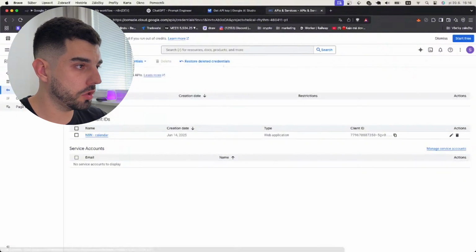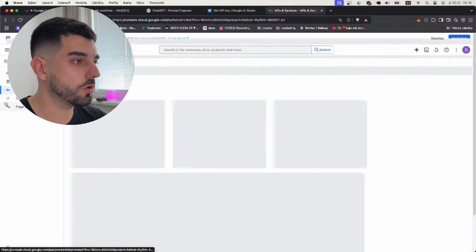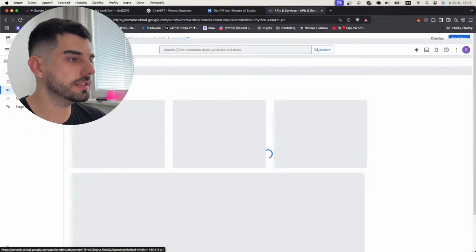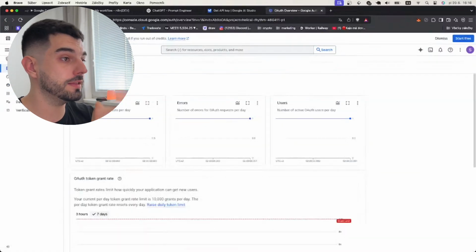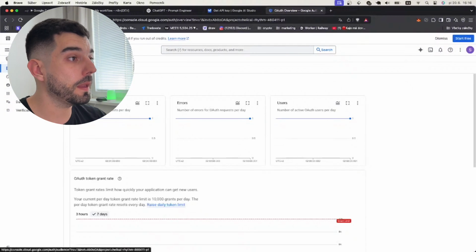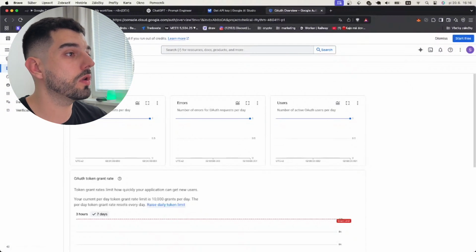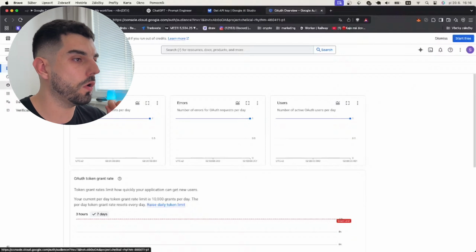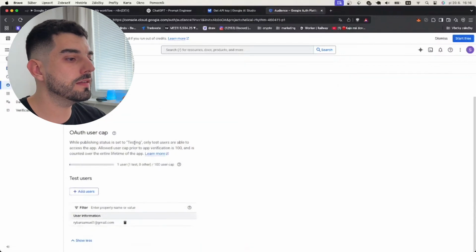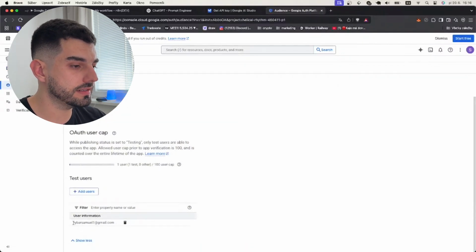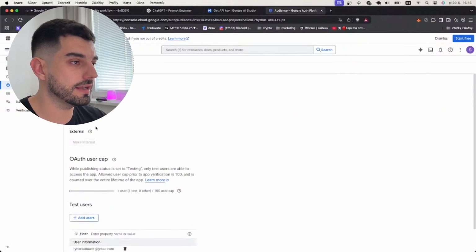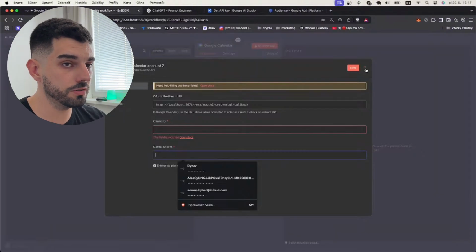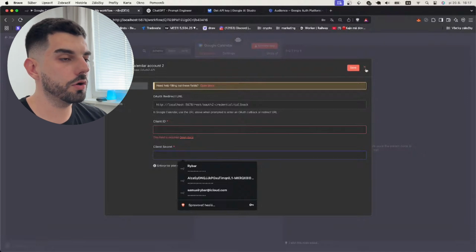For this to work, you need to have configured your OAuth consent screen. This is really easy and straightforward. You just need to add your email there, some data. But what you need to do then, when the Google Auth platform is created, this is also really important. You need to go to Audience, and you need to add yourself as the test user so you can actually use the credentials, because now they are only in testing. A new window will pop up and you will just fill it out, and your Google Calendar connection is then